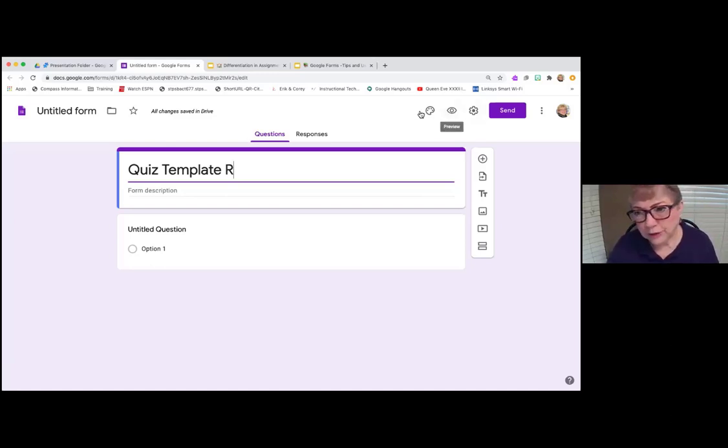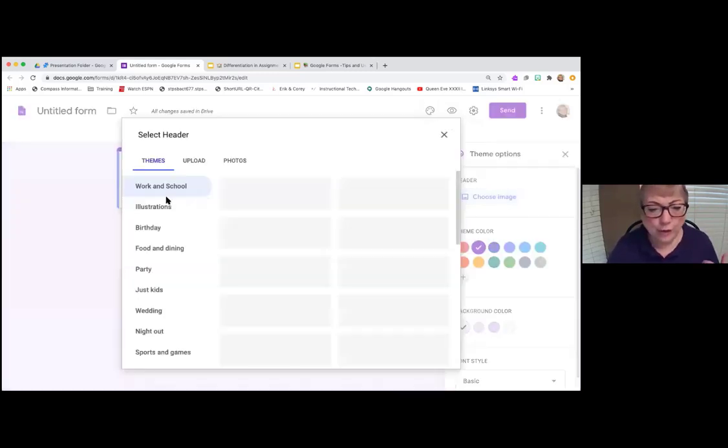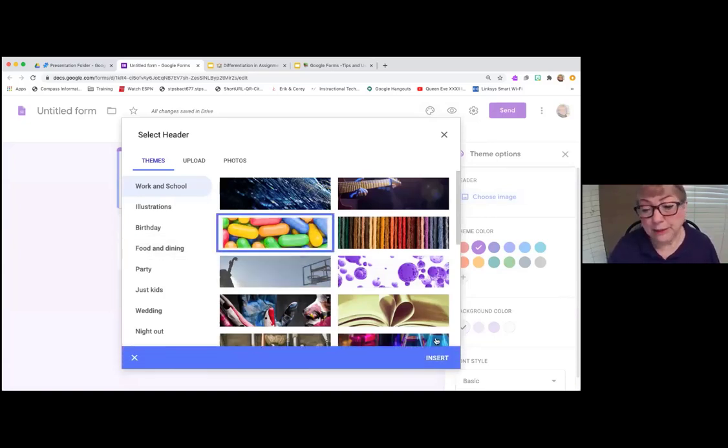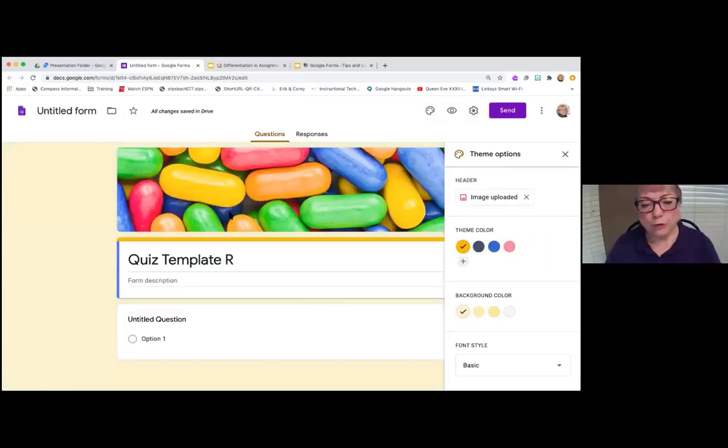You have the ability up here to change the theme. So you can say, okay, if I'm going to do regular ed, I'm going to do jelly beans. So anytime I see a regular ed quiz, I'm also going to be associating it with jelly beans. That's an optional thing, whether or not you want to do it. And I'm going to click up here to make sure that the title of my form matches the title of the quiz here. I'll put the word quiz in here as an extra reminder to the students that it's a quiz.